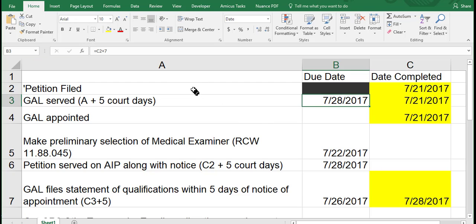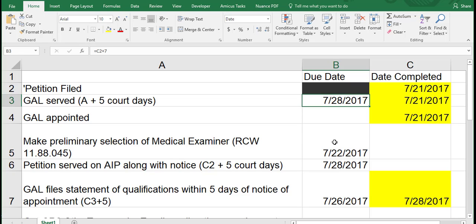So first thing is the petition is filed, the guardian ad litem is appointed, and the guardian ad litem is served. Then the guardian ad litem has some time to make at least a preliminary selection of a medical examiner, somebody who will examine the alleged incapacitated person, or AIP, to advise the guardian ad litem, who is typically a lawyer but does not have to be, but is almost for sure not going to be a physician.